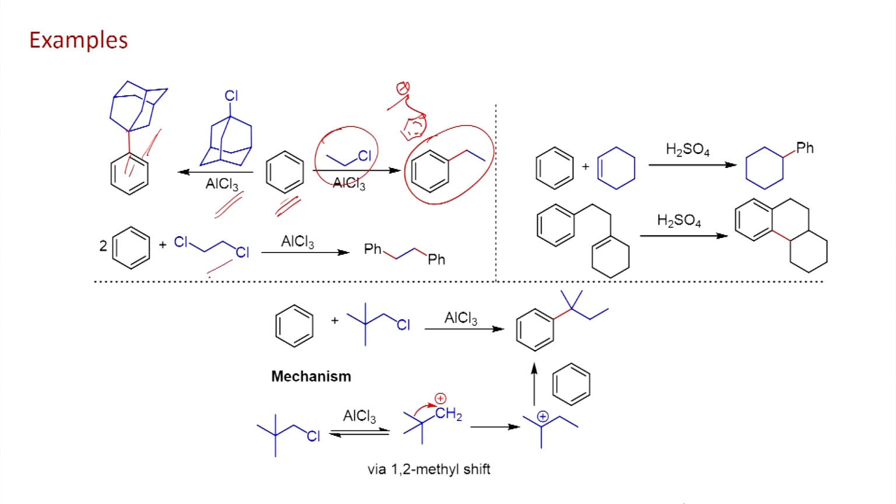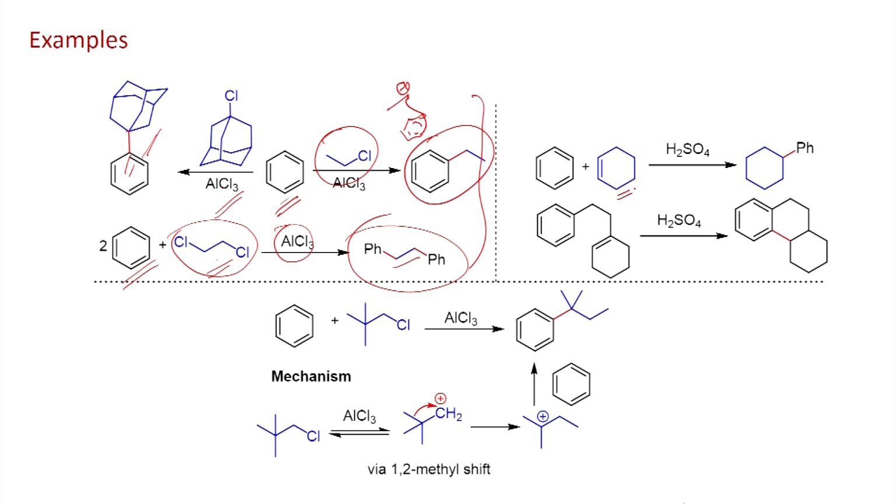Now, let us look at this one, 1,2-dichloroethane. This also, as you can see here, the aluminum chloride can readily react with this one, and so if you use 2 equivalents of benzene, then you can make 1,2-diphenyl ethane as the product, as you can see here. And if you look at these examples, usually they utilize aluminum chloride as the Lewis acid catalyst for the alkylation reactions. You can also carry out the reaction.